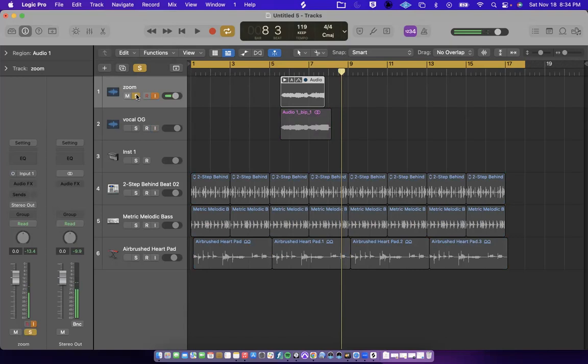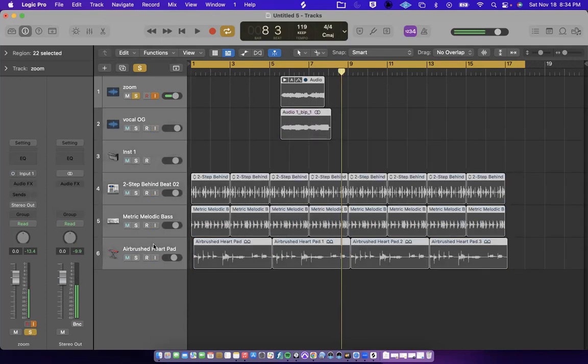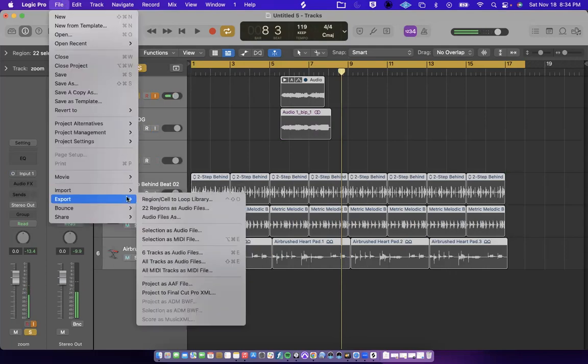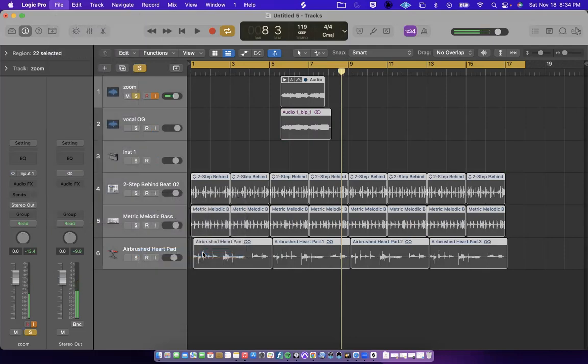The other way, which is quicker and easier if you don't have any buses or any auxiliary tracks, is clicking, shift, highlighting every single track you have, file, export, 6 tracks as audio files. So that means every single track that's in there will be bounced out as its own audio file. So if I click that,